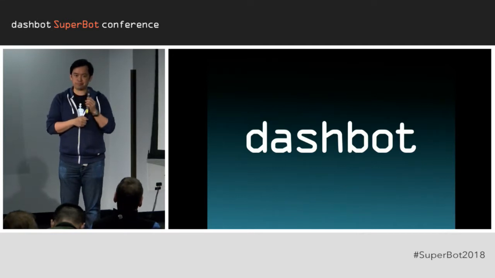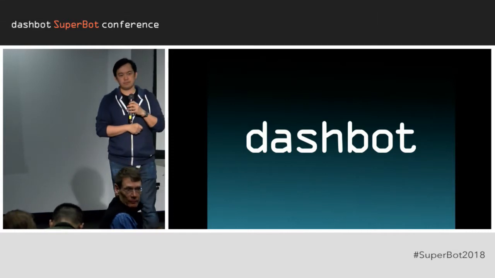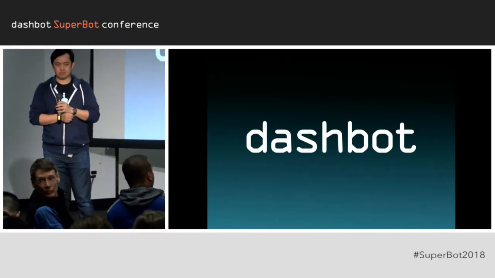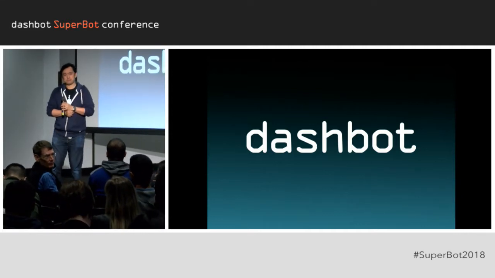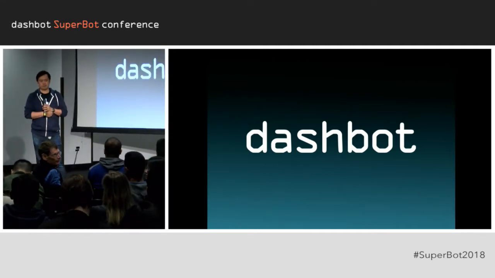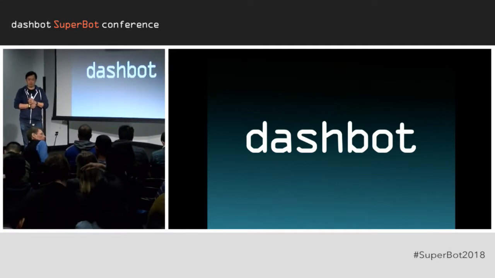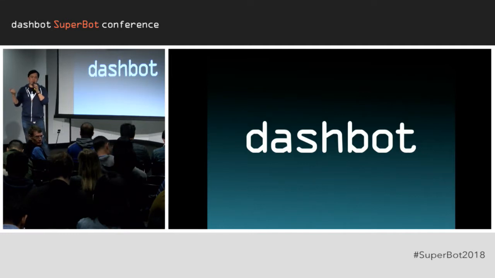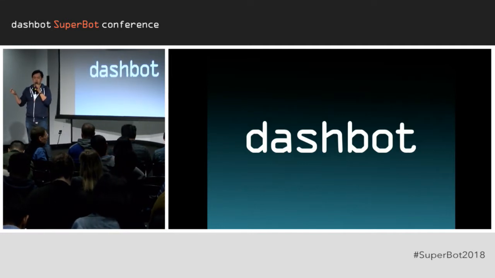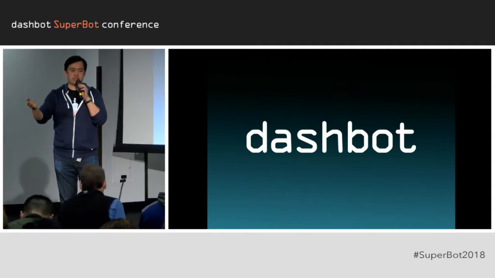Yeah, the thing that you just showed about how many people sent love to your chatbot, that's exactly what I was asking before the lunch break. So this movie bot that you have, how did you tag this? Do you have a machine learning model that does it automatically, or did you tag it manually? So the movie bot that we wrote, as the customer, we would actually send that love intent to Dashbot.